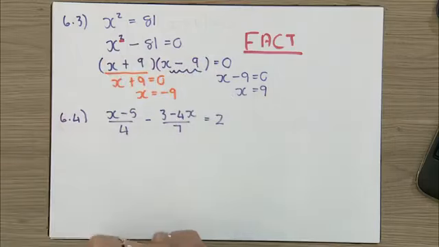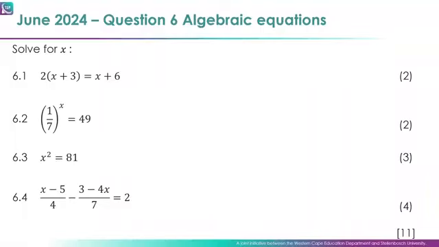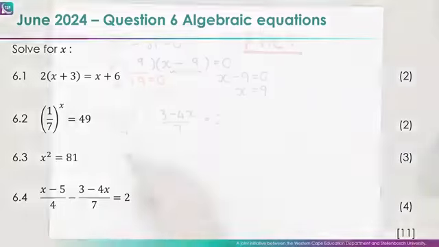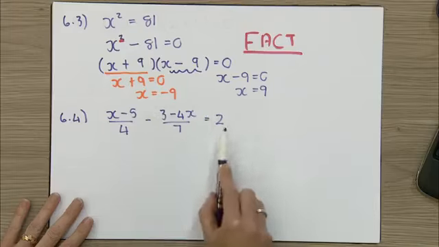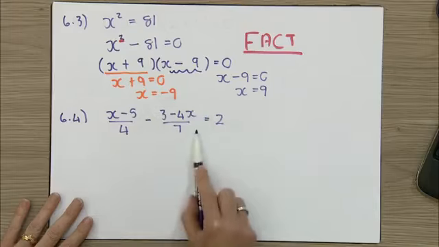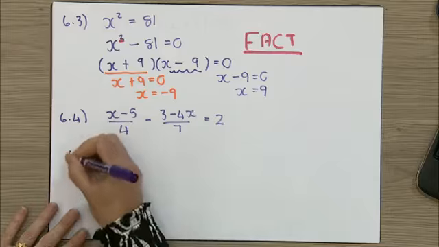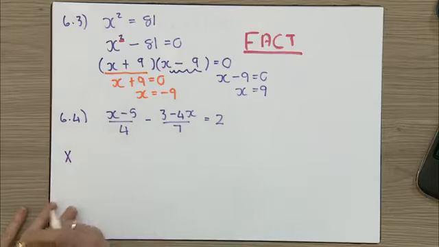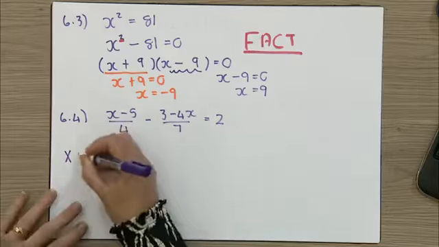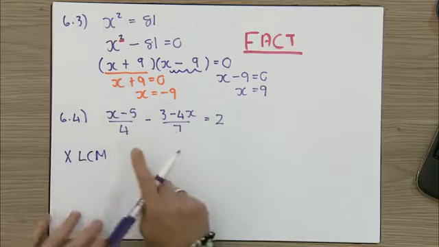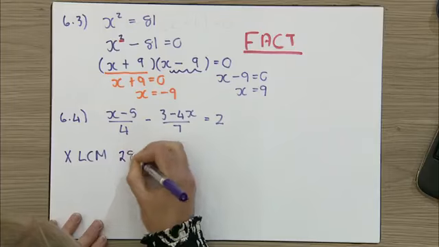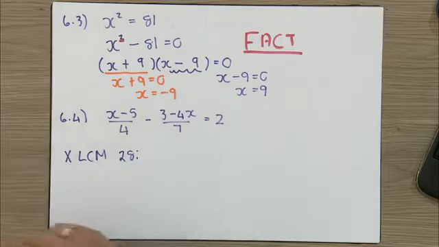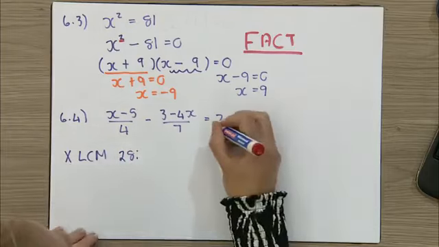Question 6.4. We are subtracting fractions, and it is an equation. It's an equation, and I'm subtracting fractions. So I want to get rid of the fraction. How do I get rid of the fraction? I multiply by the lowest common multiple. And what would be the lowest common multiple for 4 and 7? That would be 28. Trick grade 9s, remember to go put the 2 on the right also over 1,